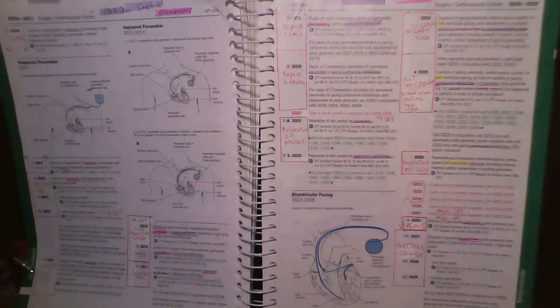Right? It's a right side upgrade. Matter of fact, all the codes we've talked about are only right side. Remember, they're right side only unless the code says left ventricular pacing in it. So this is an upgrade on the right side. So this patient came in,